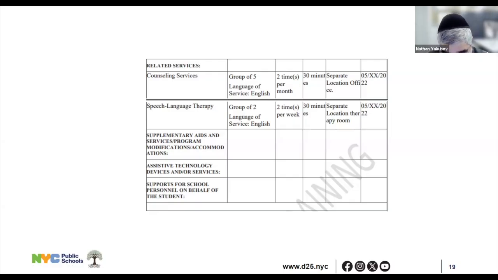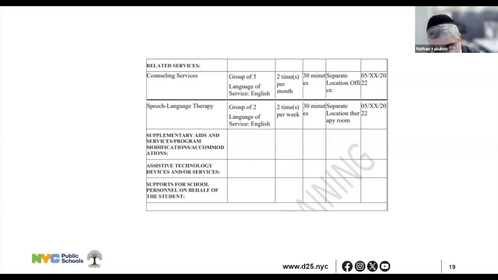And again, you might have other options. You might see occupational therapy in this area. You might see physical therapy as well. You might also see in this area parent counseling and training. And parent counseling and training is assisting parents in understanding the special needs of their child and providing parents with information about child development and helping parents to acquire the necessary skills that will allow them to support the implementation of their child's